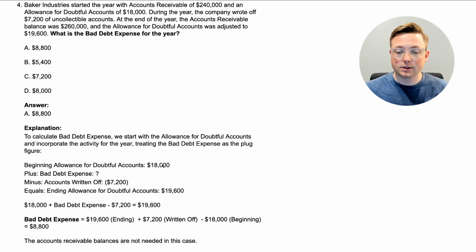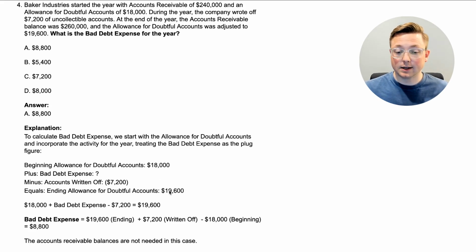So $18,000 less $7,200, that is $10,800, right? So we are at $10,800 in the allowance for doubtful accounts, but then it somehow ended up at $19,600. So we can take $19,600 and subtract $10,800, and that gets us $8,800,